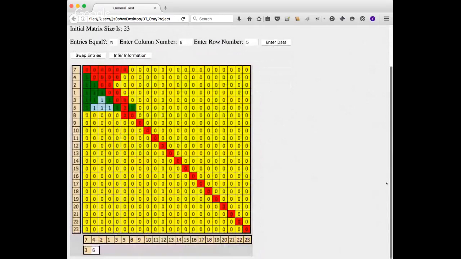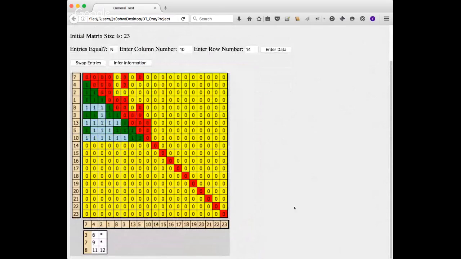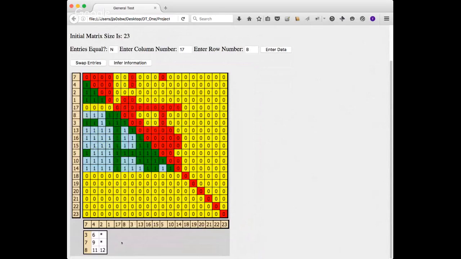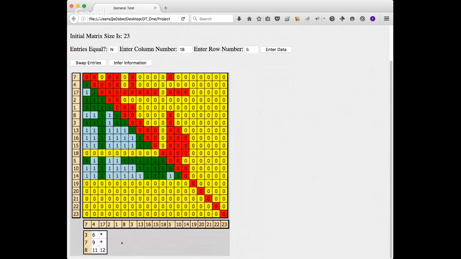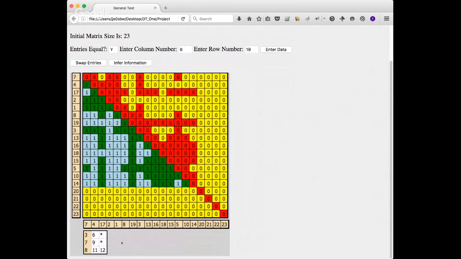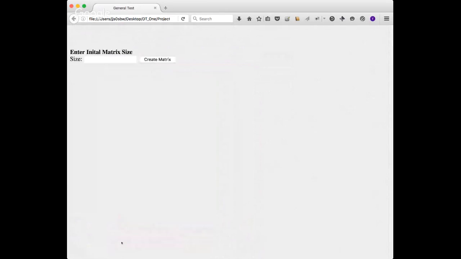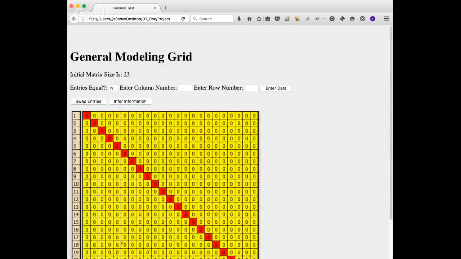approach. Now here, we're using the general modeling approach because, as you can see down here at the bottom, we actually have some vectors, meaning these are the same types. So 3 and 6 are the same, 7 and 9 are the same, 8, 11, and 12 are the same, 16 and 22 are the same. So then, of course, we have some more tests here